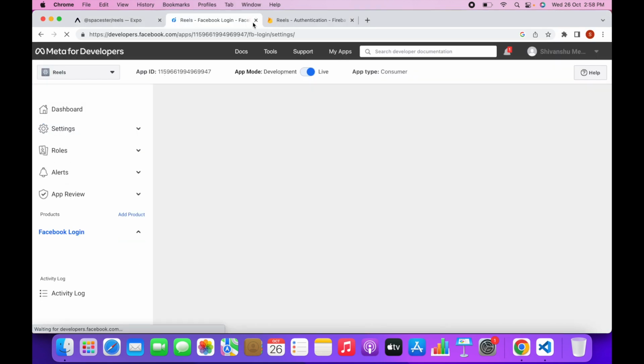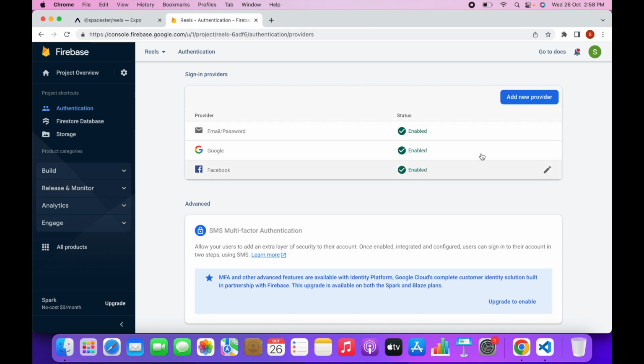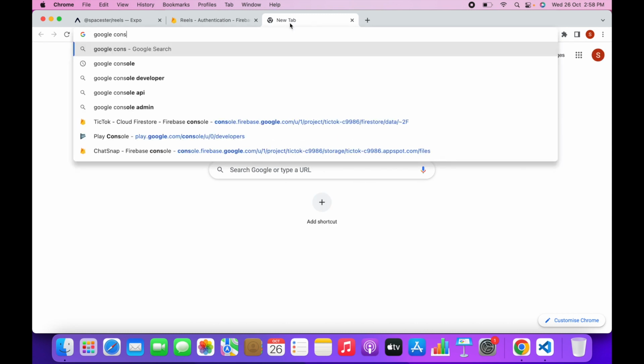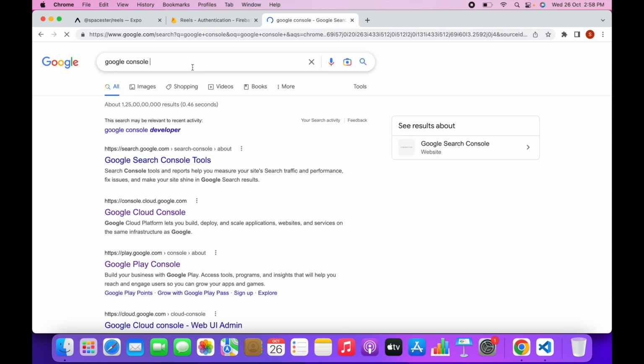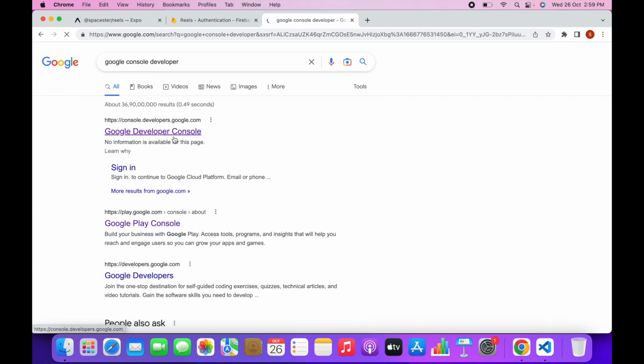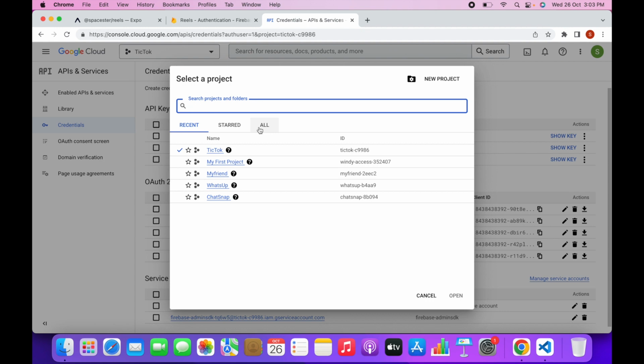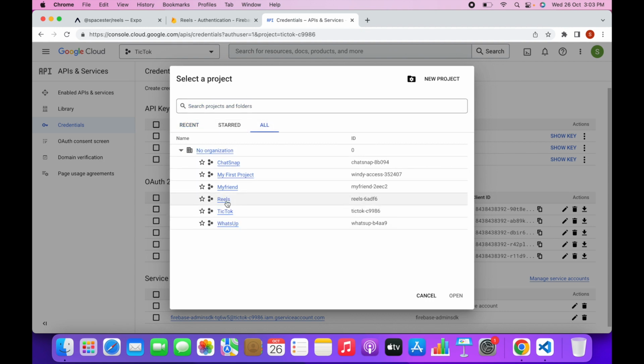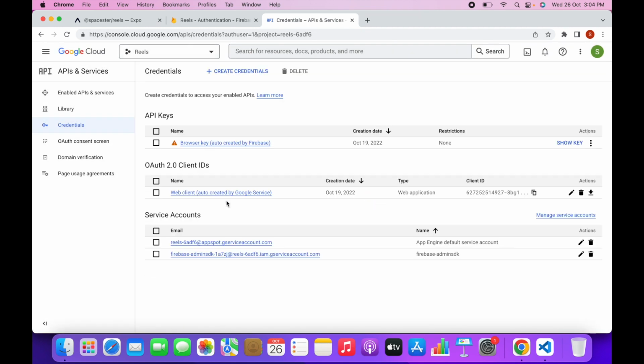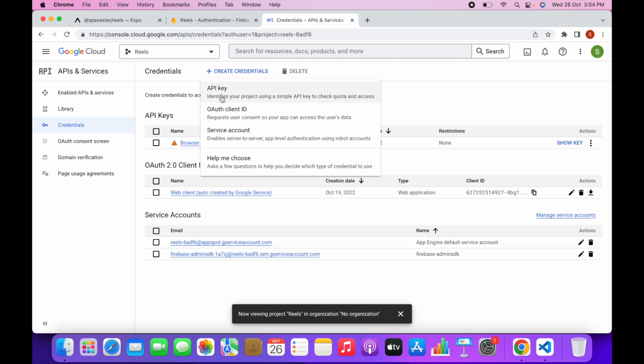So let's move on to Google login. For that, open your Google developer console. Log in to it. Then select your project from here. Click on all and you will see your project. So now what you have to do is create new credentials and click on